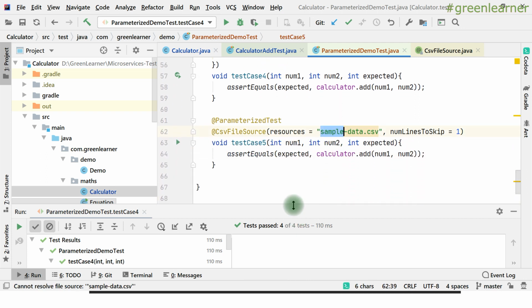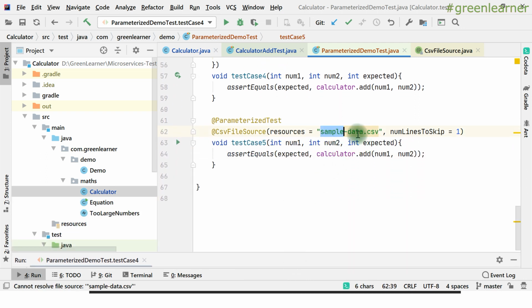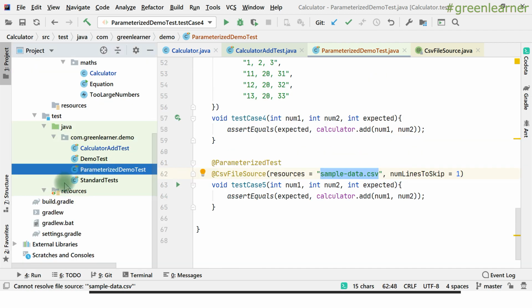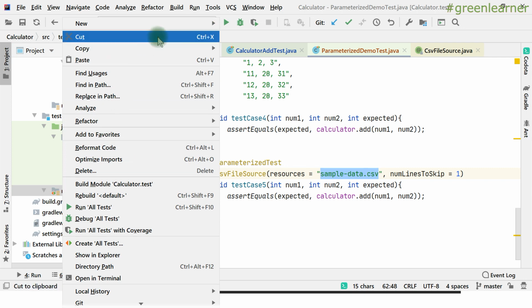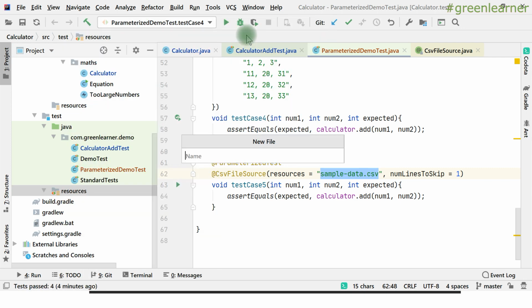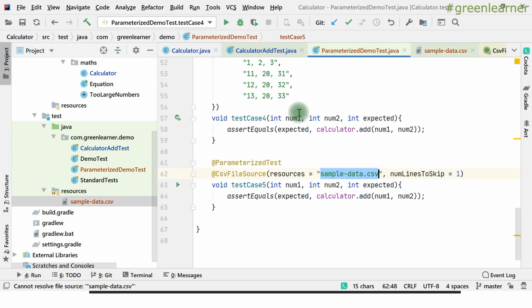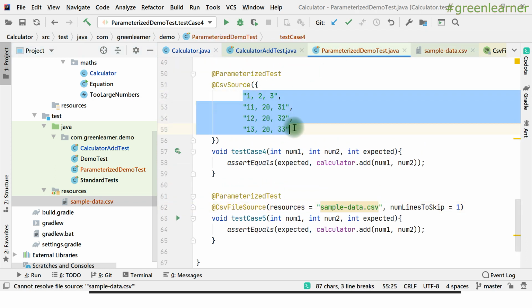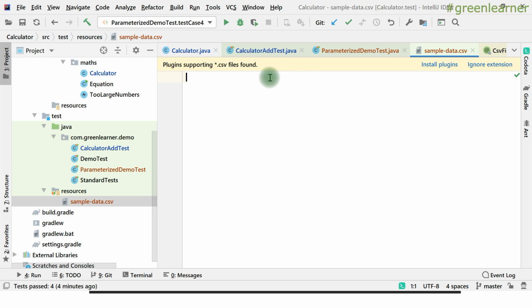So let's go ahead and create this CSV. This file should always be in the class path. So this file has to be in the class path. I am going to create this in the resources section here, and I have to copy this data from here and paste it here. Format it a bit, right? So I do not need these now, and I do not need these as well, right?